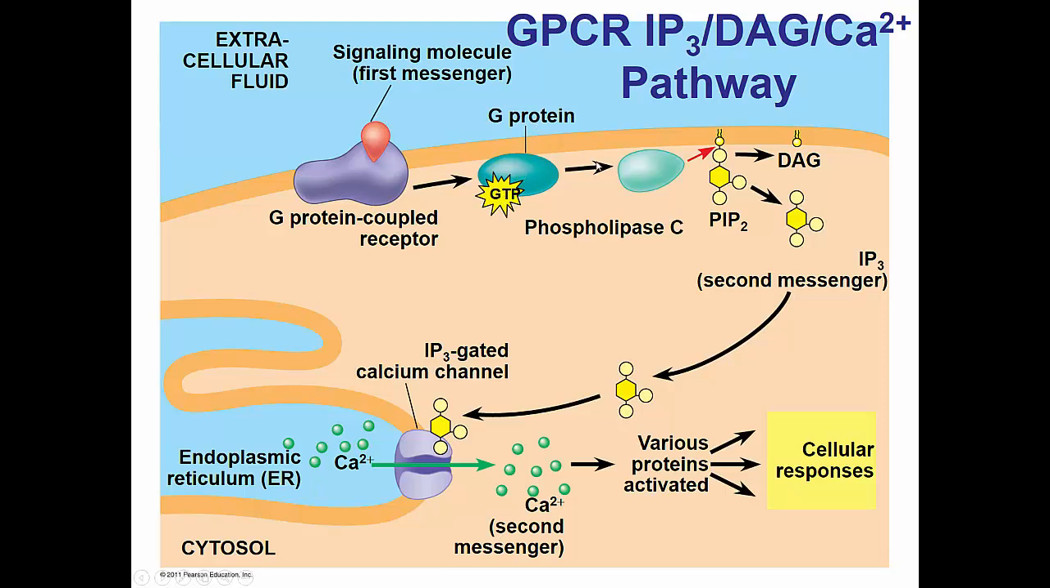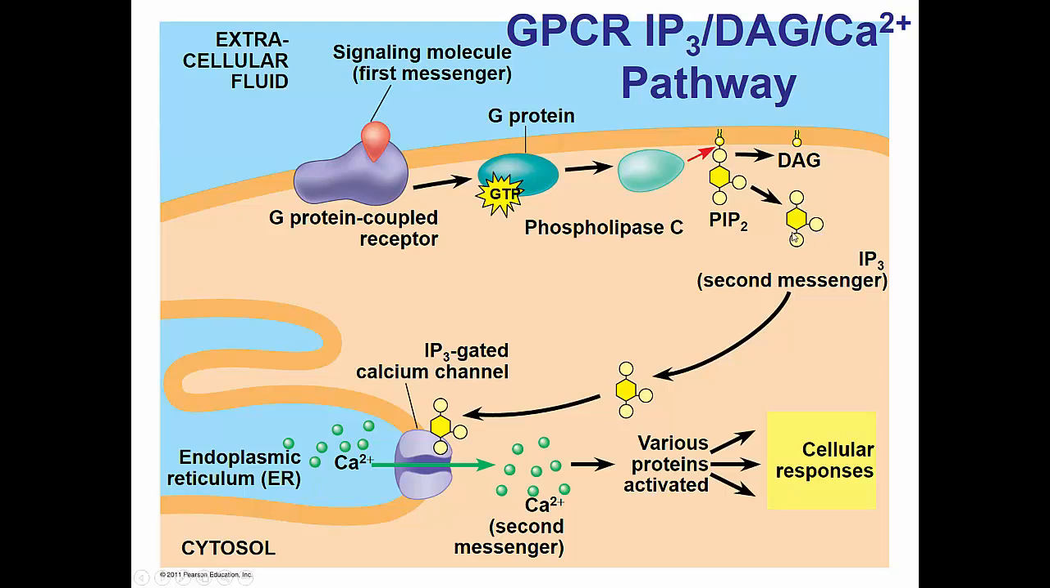This G protein then goes on to activate the enzyme phospholipase C. Phospholipase C is an enzyme that cleaves the phospholipid PIP2 into DAG and IP3. So essentially it's releasing the head group IP3. DAG can then go on to activate other subpathways, but we're going to follow IP3 because